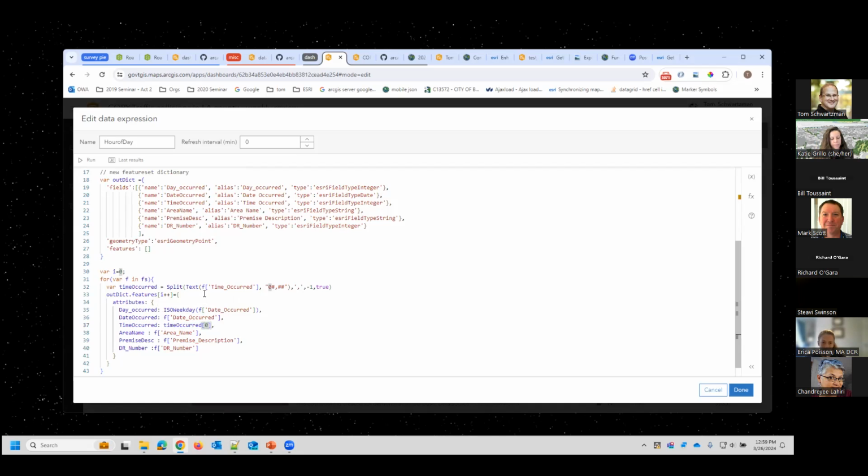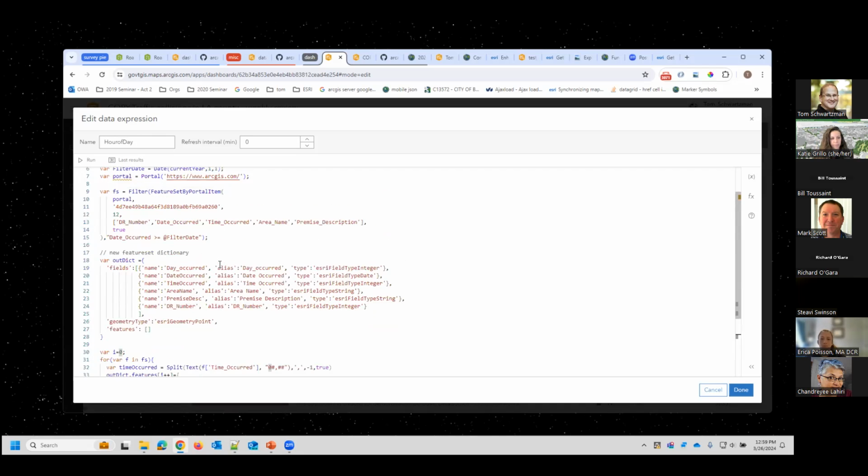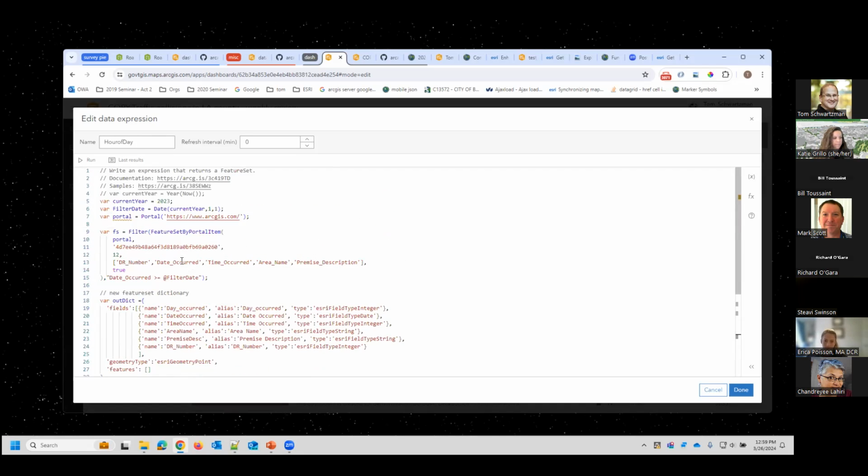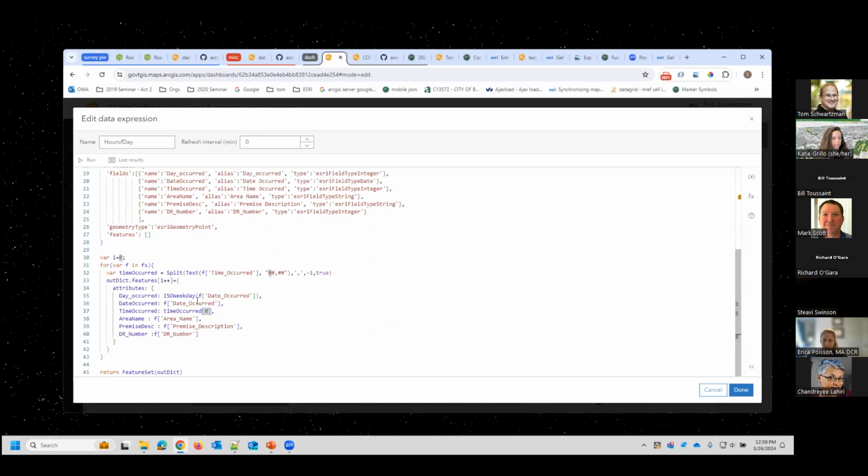So really, in this example, we're grabbing the attributes as they existed in the source layer, way up here, like DR number, date occurred, area name, premise description. We're going to each feature and grabbing them straight up and stuffing them back into our new feature set. The only difference is changing this time occurred to only be the hour. And if we look at what that looks like,